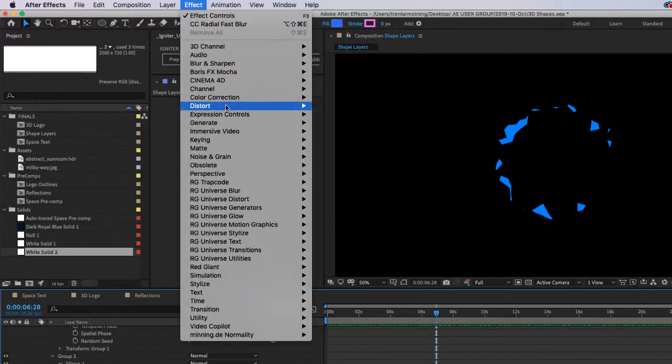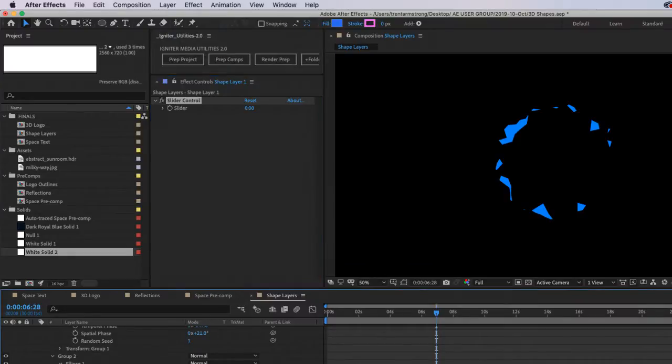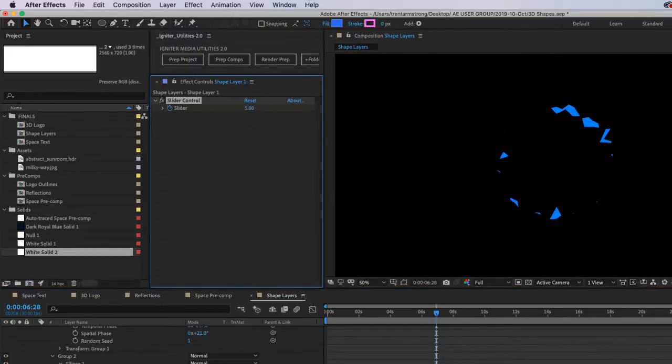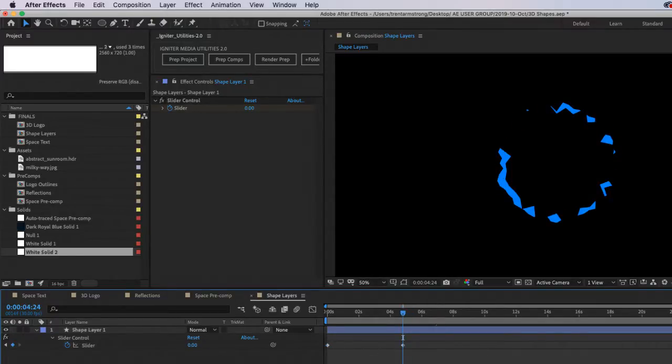Let's add a slider control and pick whip the slider control. Set the slider control to 5 and have it go to 0 like that. We want it to ease in, so we'll set an ease in keyframe.